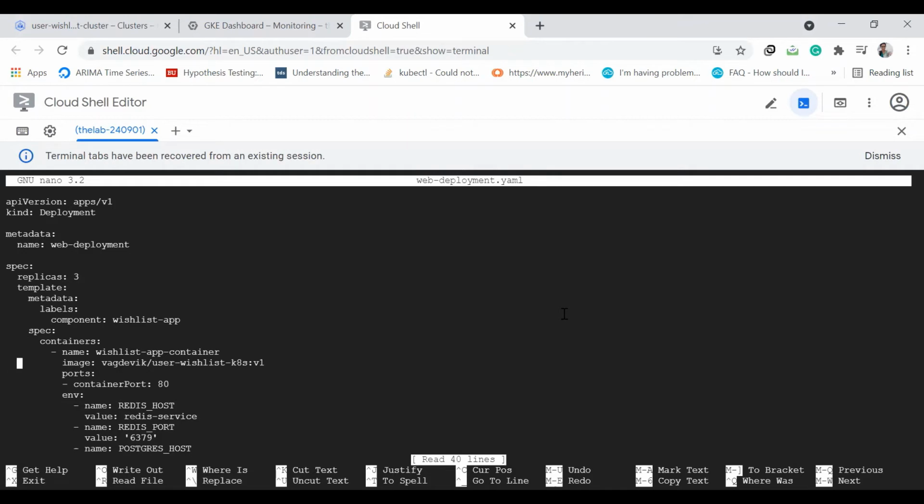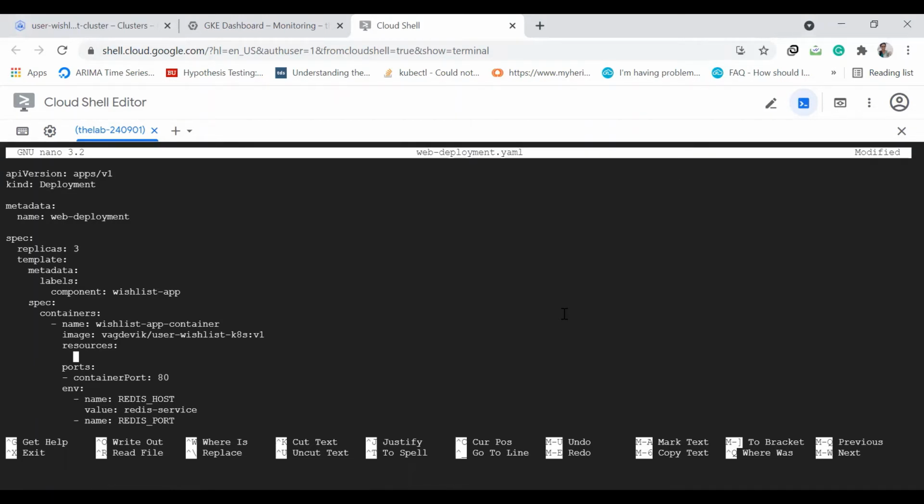so here I will write resources. Under resources, I will write requests, and under requests, I will write CPU 50M.